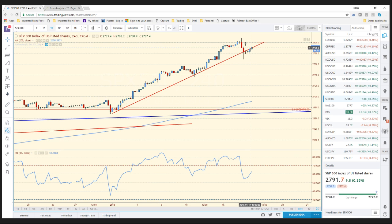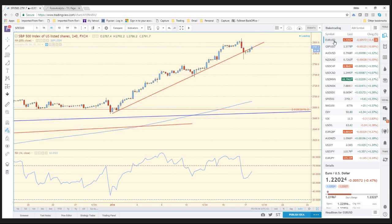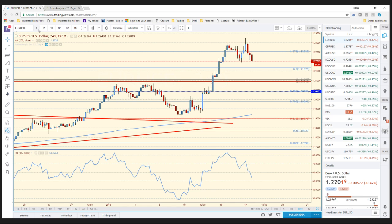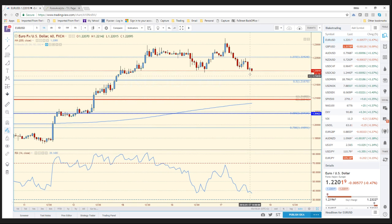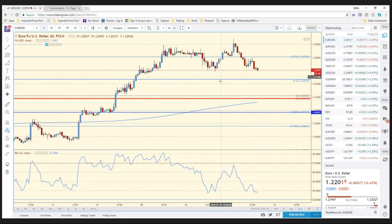I'll comment on that. Merkel just pointed out, expects SPD to make responsible decisions on coalition. Key points of coalition paper cannot be renegotiated. That's why I hit the euro. Just these comments coming from Angela Merkel. So that's what's pushing us right into support. And by the way, this is